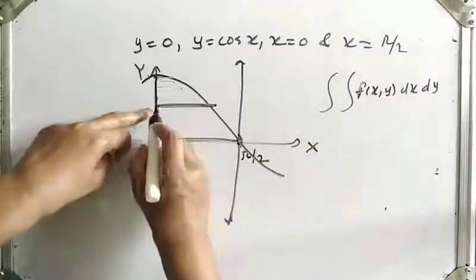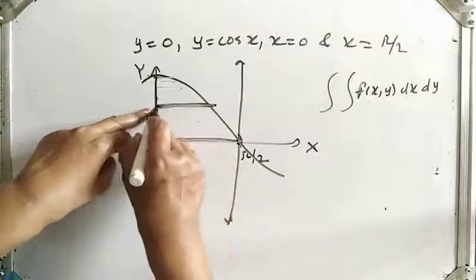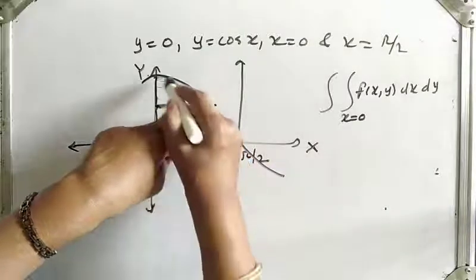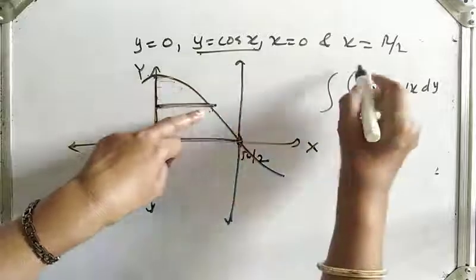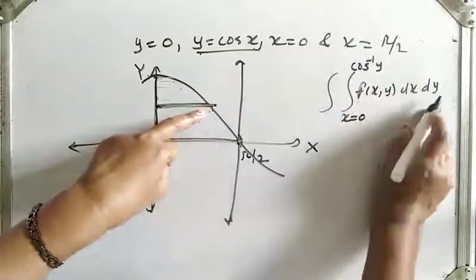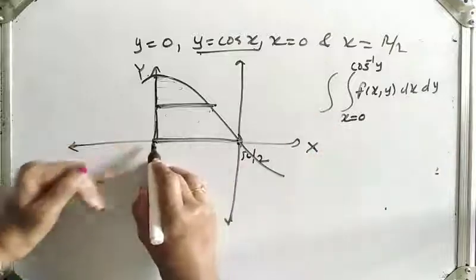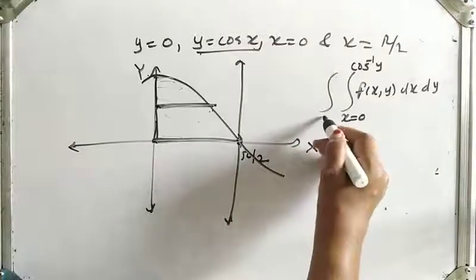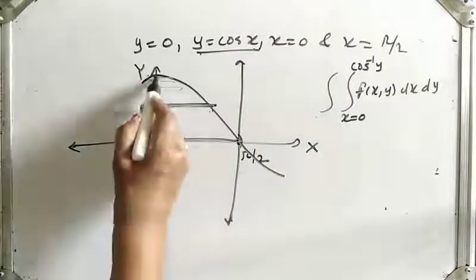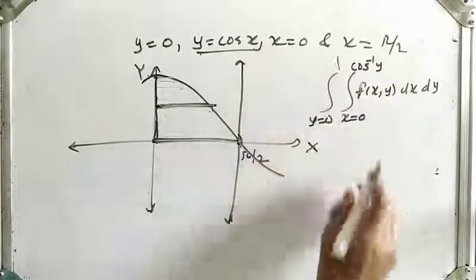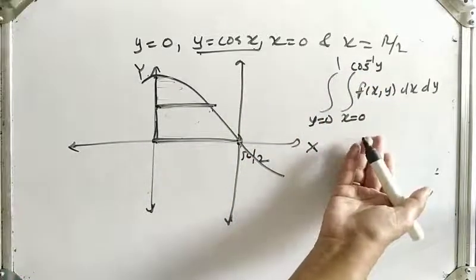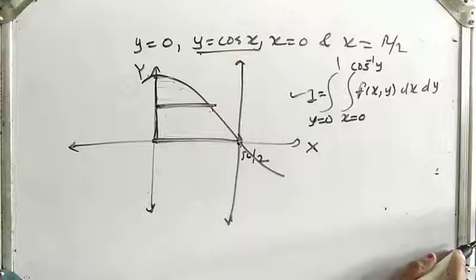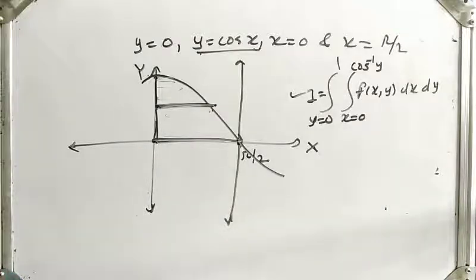Now limits of x. What is the equation of x here? This strip touches the left hand side, where x is 0. So x is 0. What is x here? This curve is y is equal to cos x, means x is equal to cos inverse y. Limits of y change from y is equal to 0 to here, where y is 1. So y is equal to 0 to 1. This will be your answer, that after changing the order of integration you can write the integral like this. Okay, solve this example. Let's stop here. Thank you.